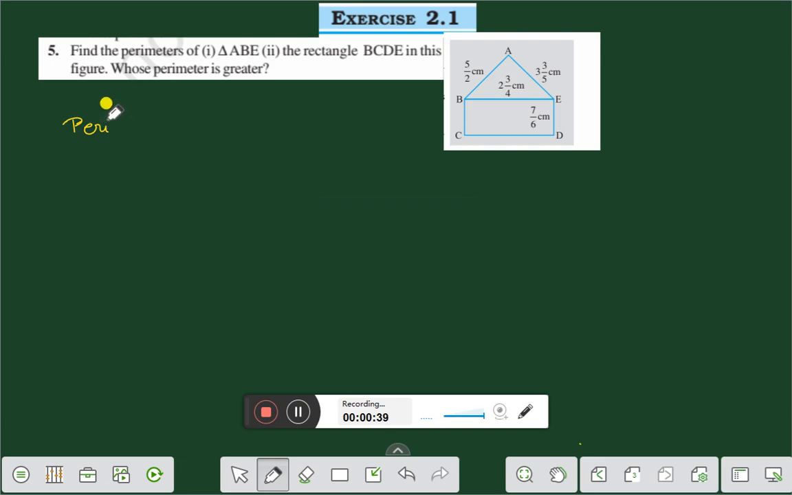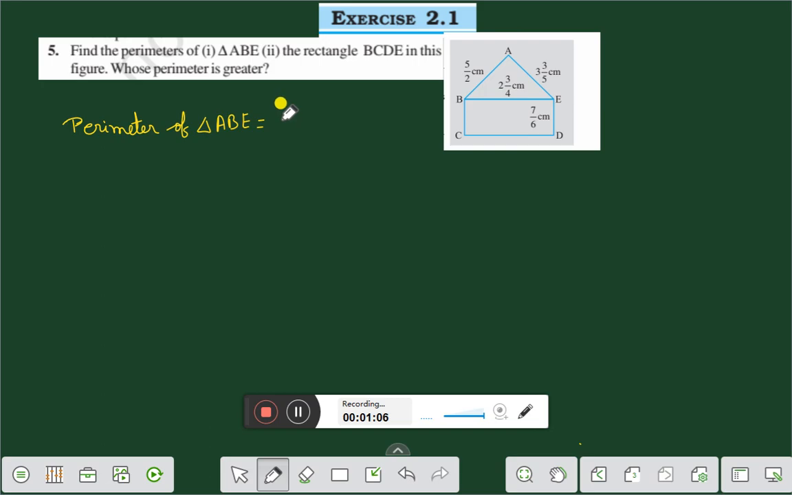Perimeter of triangle ABE. What is the perimeter of a triangle? Sum of all the sides. Therefore, we will write